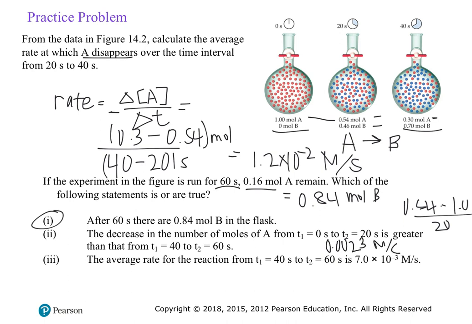If we want to do from 40 to 60 seconds, this is a 20-second interval, so we'll say that it went down from 0.16 minus 0.3, so we get 0.4 divided by 20, 0.007, so this is also true, and that is a greater change at the beginning than at the end, which is